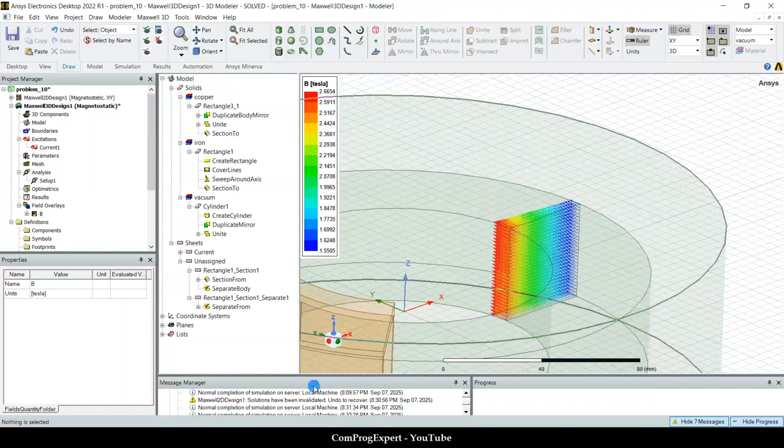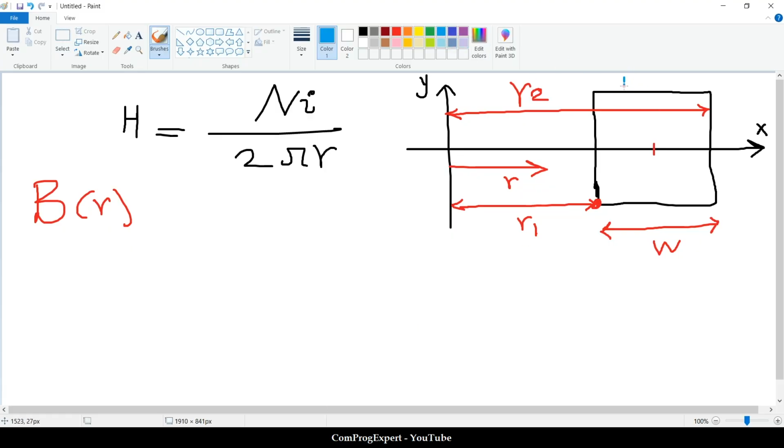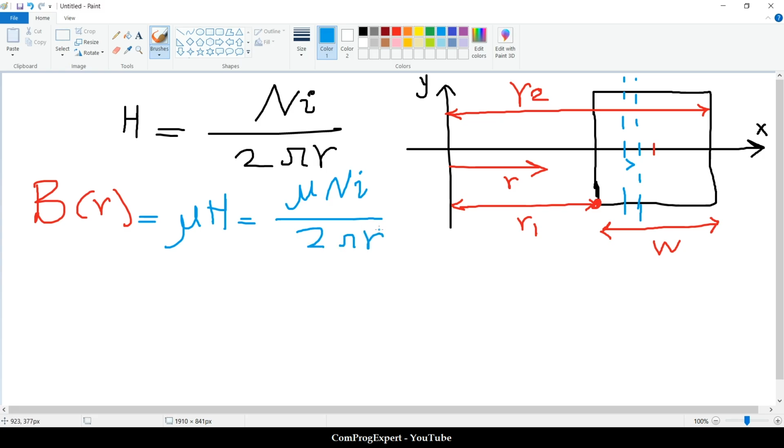We know that for this strip, the value of B is constant in the y direction because B is a function of R only. So this is H and B is mu H. H is equal to mu N i divided by 2 times pi times R. So how can we calculate the total flux? Using this integral, B dot dA is equal to the double integral of B R,